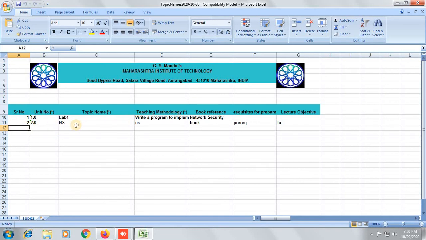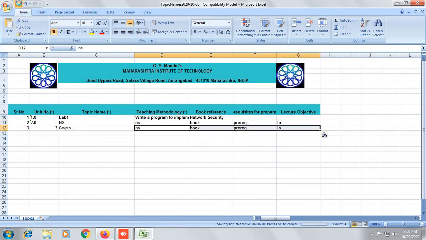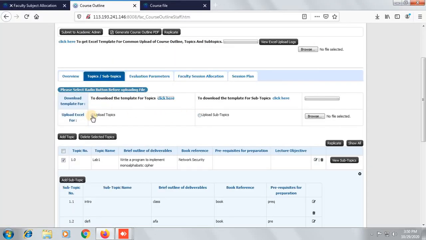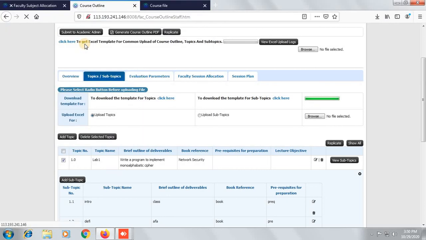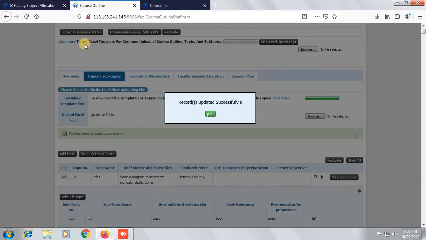We add topic number 3 here. We save this, we close this template and click here upload topics and browse. In the download folder you will find this template. Records updated successfully.